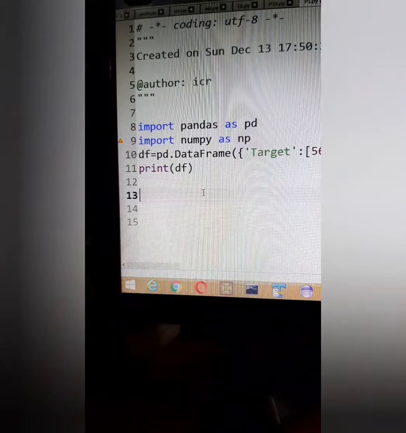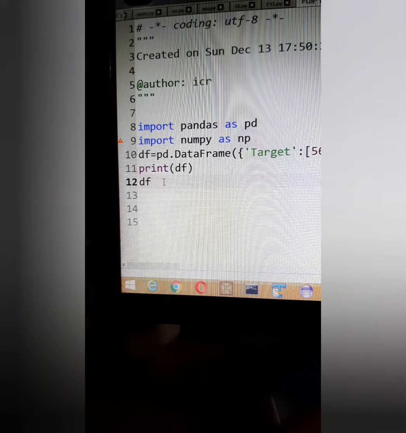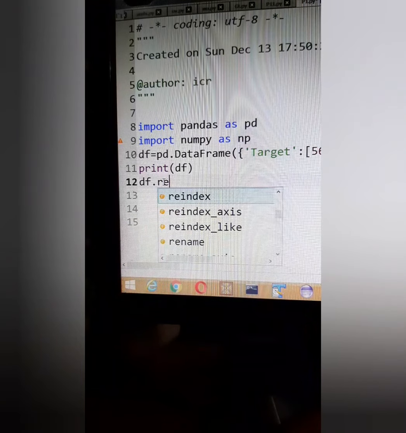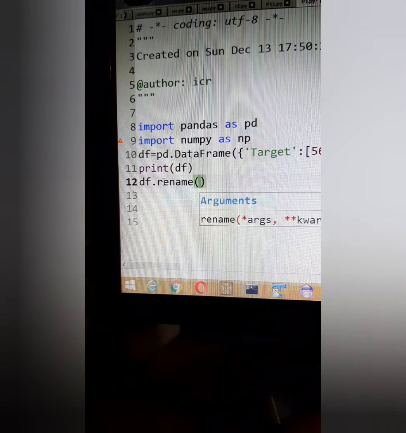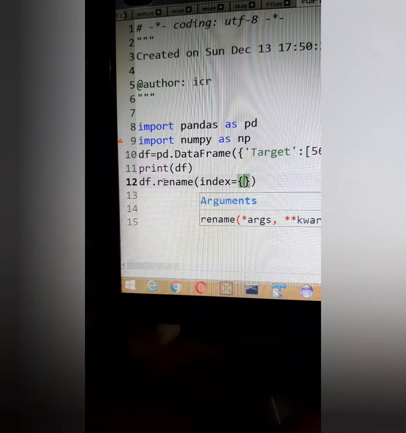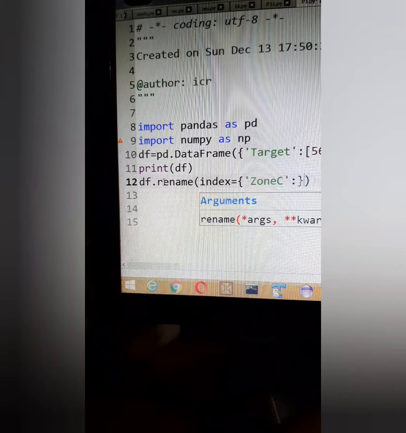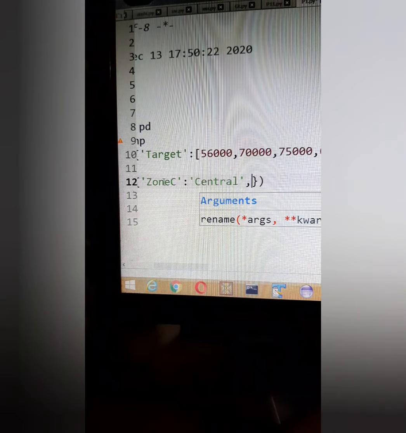The question says that we have to change the name of zone C and zone D as central and Dakshin. So here we can use df.rename. In the bracket, in the curly brace, sorry, first of all I'll write index is equal to, then curly brace, zone C colon central, comma, zone D colon Dakshin.